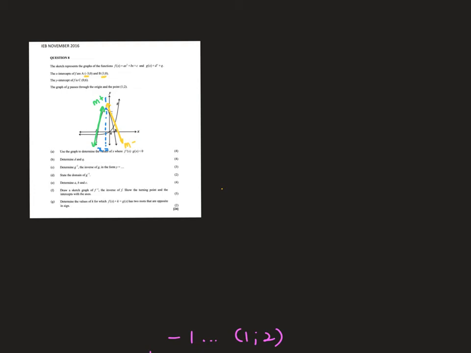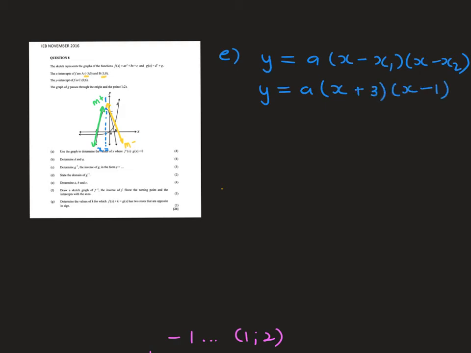So they gave us the x-intercepts, so we're going to use this. We're going to have y is equal to a(x minus x1)(x minus x2). Remember that x1 and x2 are referring to the roots that you were given. So we're going to have y is equal to a(x minus minus 3), so that will become (x plus 3), and (x minus 1). Now we need to also determine the value of a, so I'm going to sub in the third point they gave us, which is the